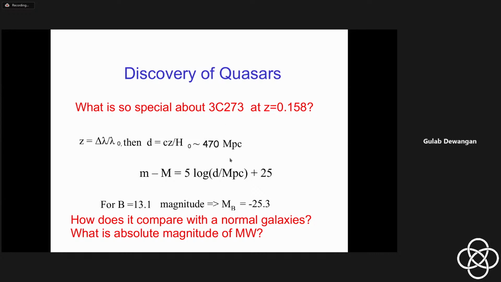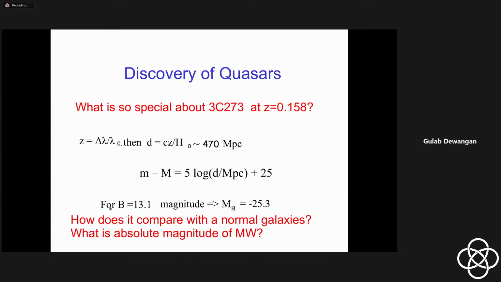Okay, and that's a huge distance. One parsec is 3.26 light years. So you are talking about more than a billion light years. So the light from this object takes more than a billion years to reach us, and that's a huge distance. And if you are observing an object from such a huge distance, this object must be intrinsically powerful. And given the distance and the observed magnitude, you can find out